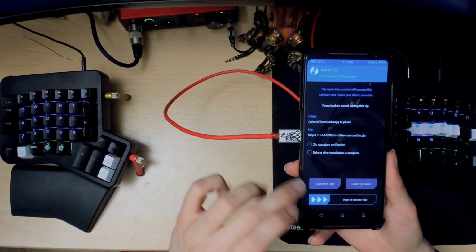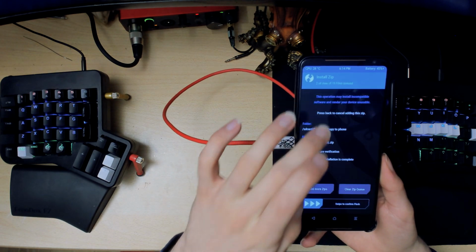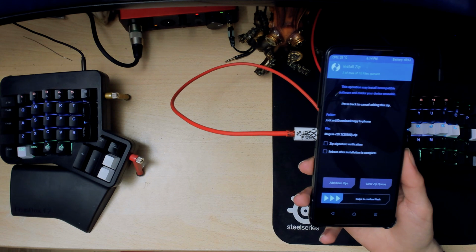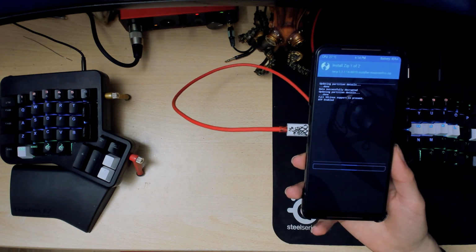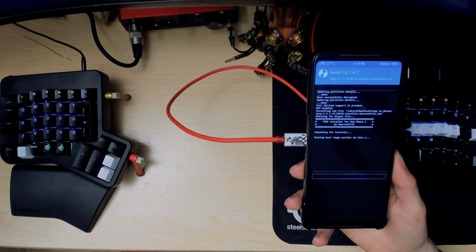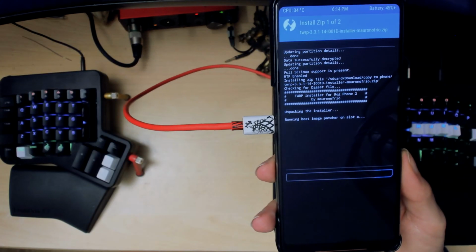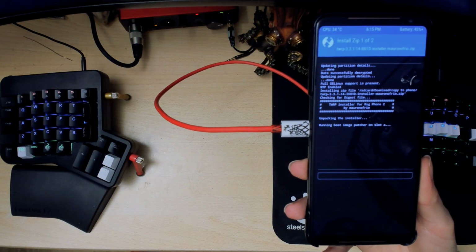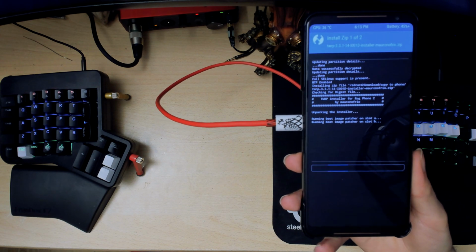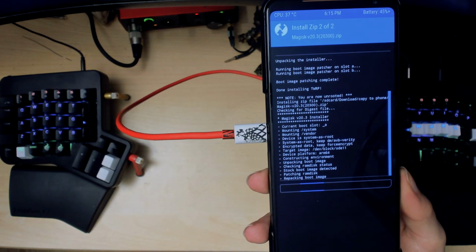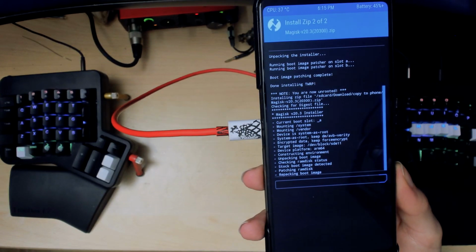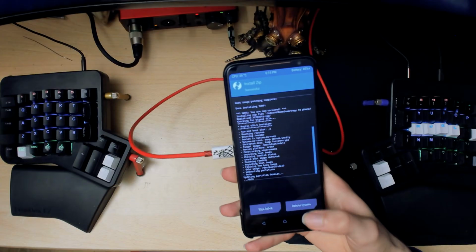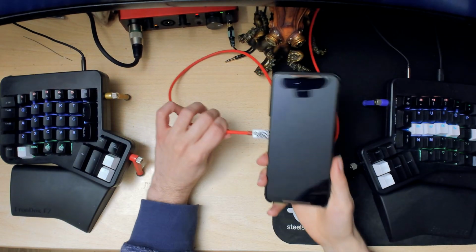Then you want to click on add more zips and click on Magisk. So we'll be installing TWRP and then we'll be installing Magisk. Swipe to confirm flash. First you'll see the TWRP installer running, so it's going to patch the boot image. And then the Magisk installer is going to be running. And there we go. So if we reboot the system,